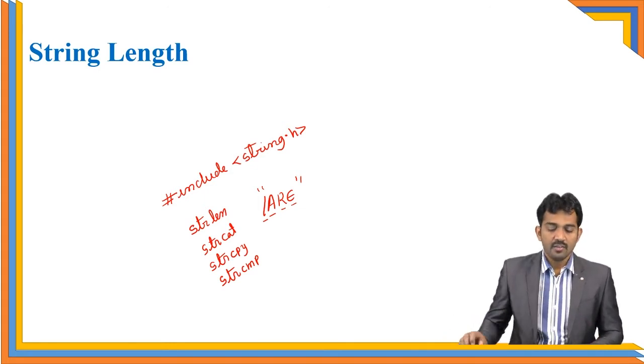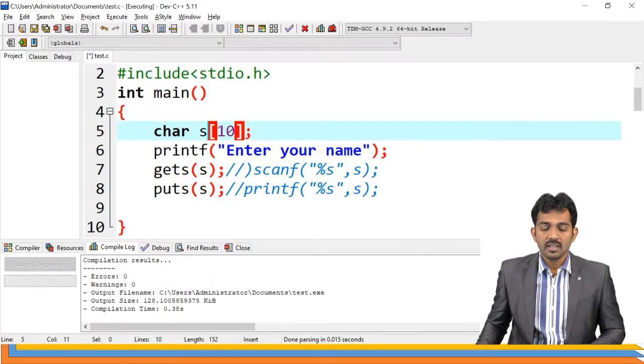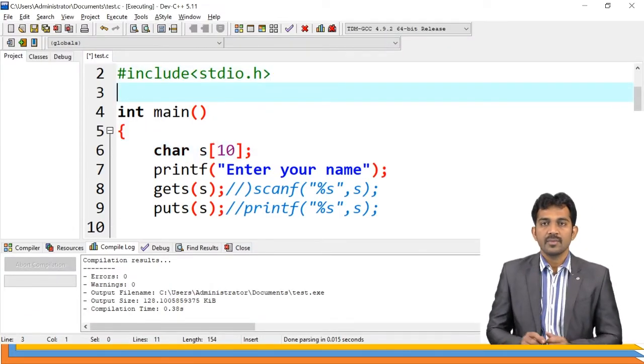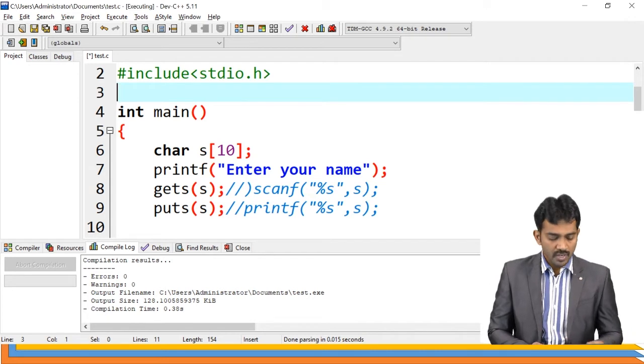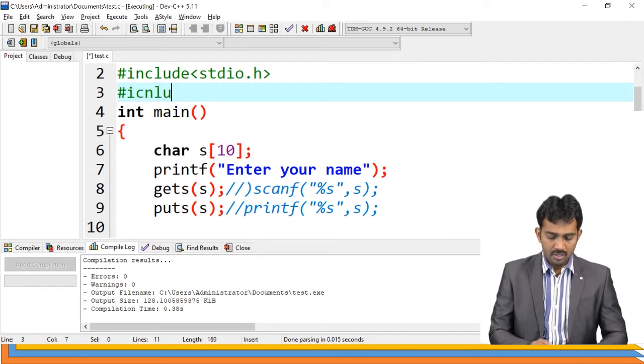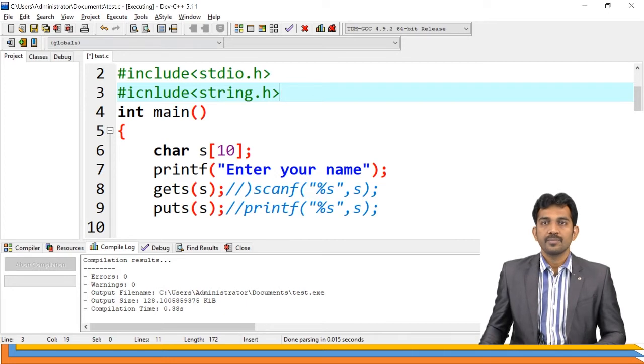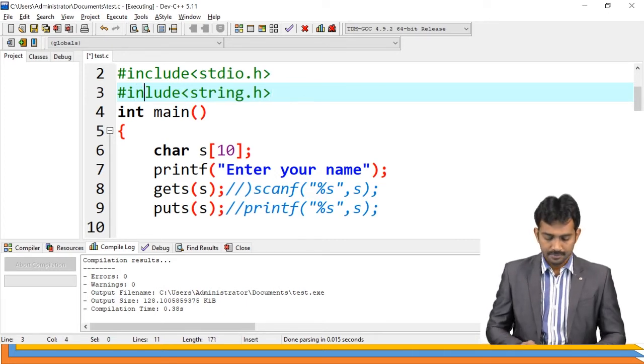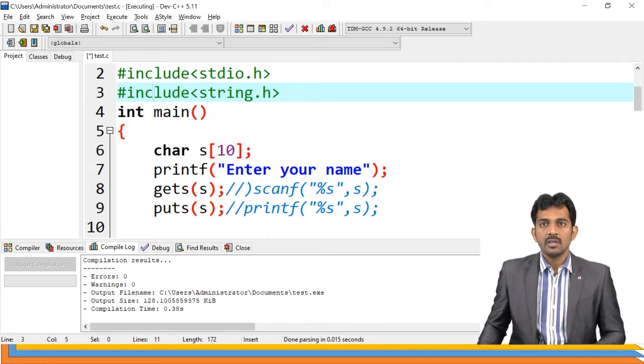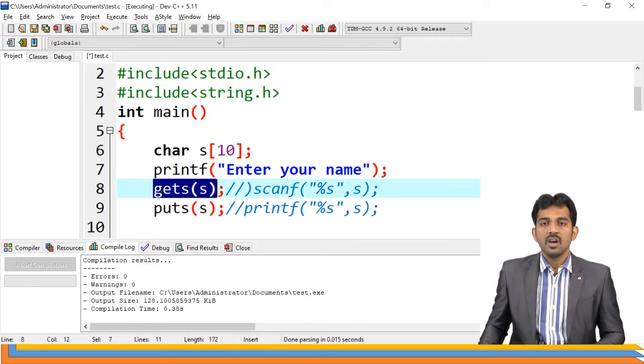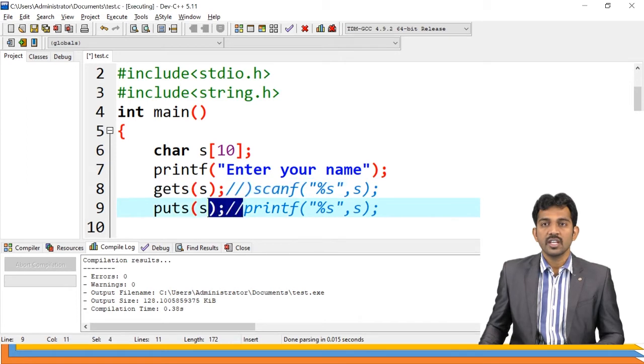First I want to find the length of the given string. That is my task. First I am going to include string.h. This is my library. Now, I already have one string, and I want to find its length.